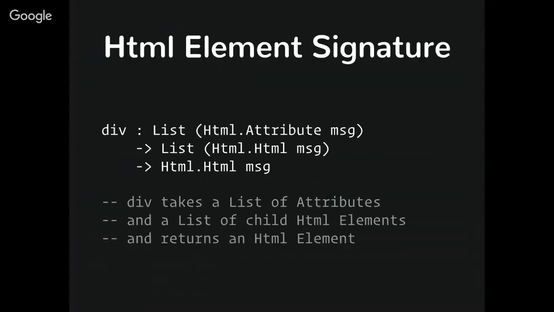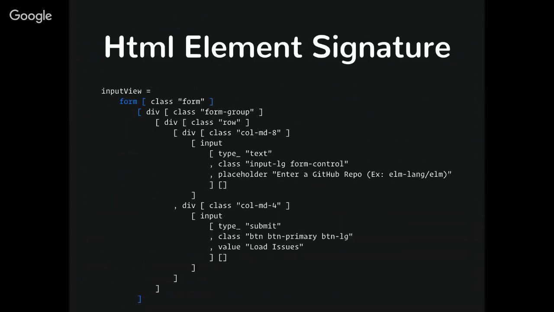So every HTML element, with the exception of the text node, returns a signature like this. It takes a list of HTML attributes, so just think of it as square brackets or an array in JavaScript. Then it takes a list of HTML nodes. So if you want to make things like the hierarchy that we saw there, you just keep putting new nodes inside of it. And all of this just returns the HTML message. So the things highlighted in blue there, those are the different components, the name and the two lists. For something like a text input, which wouldn't really have any children nodes, you just pass it an empty list. That way everything stays uniform and it makes sense.